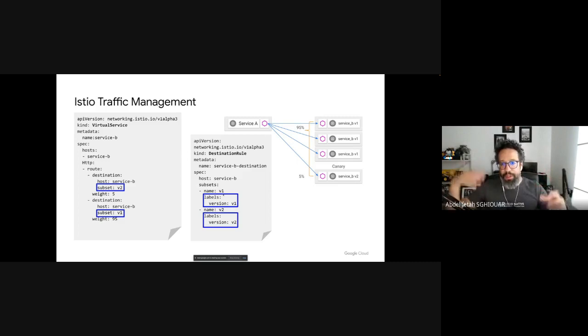And then the Kubernetes service gives you a single IP, so A can talk to B, and it also gives you an entry in DNS. So you can make A call B on the name of the service dot the namespace dot svc dot cluster dot local. In Istio world, they came up with this new object called destination rule, which allows you to declare